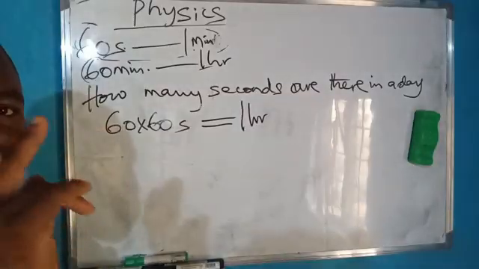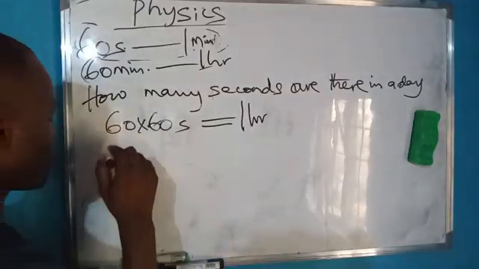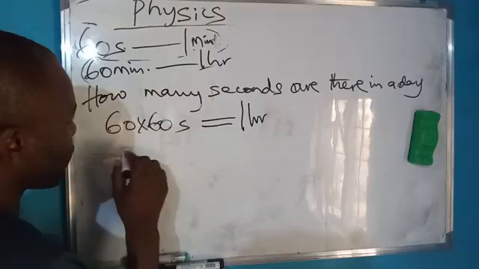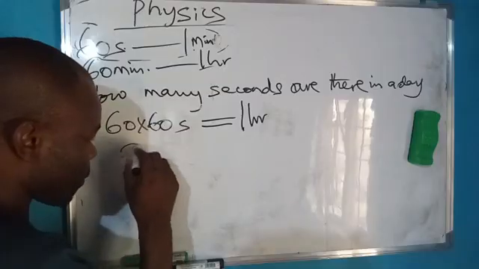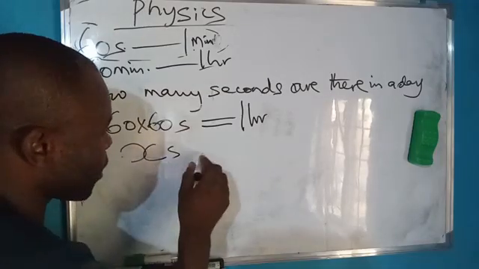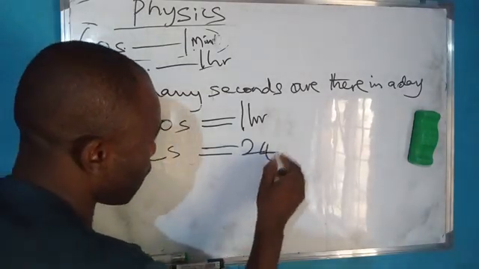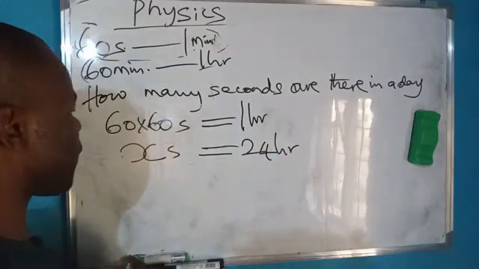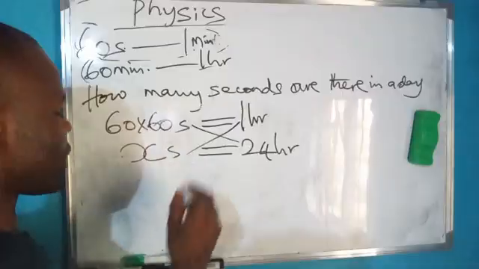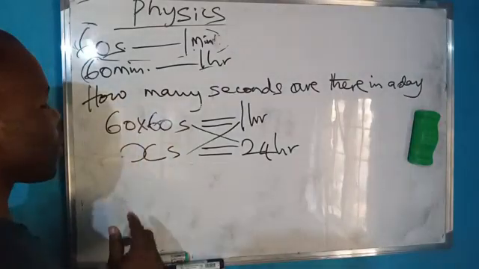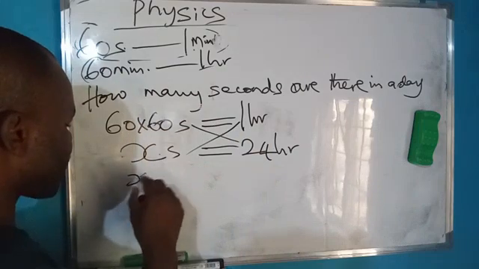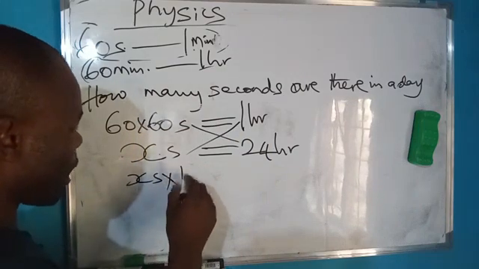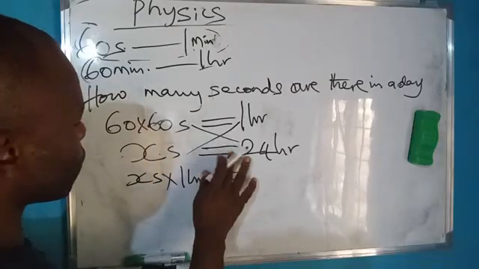In one day, we have 24 hours, which means we don't know the number of seconds yet that will give us that 24 hours. That means X seconds will give us 24 hours. Then do cross multiplication, so that you have X second times 1 hour equal to